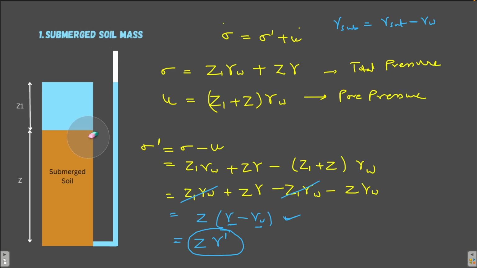Now, if someone has any doubt regarding how height into gamma will give you stress at any point, for them I'm going to quickly tell you why we multiply height with the unit weight of anything to calculate stress. How does height into anything give you stress? So for them, I'm just going to quickly calculate.